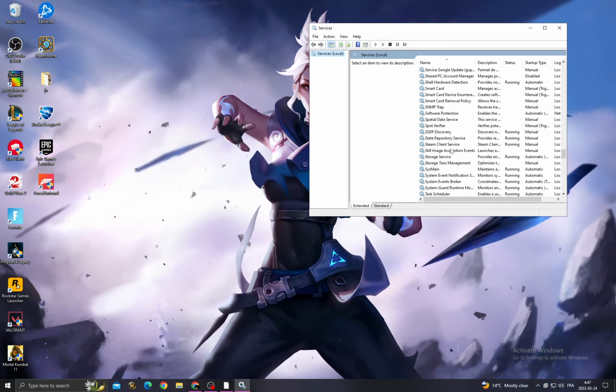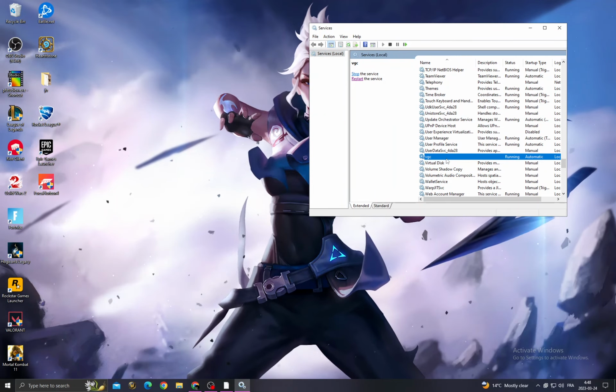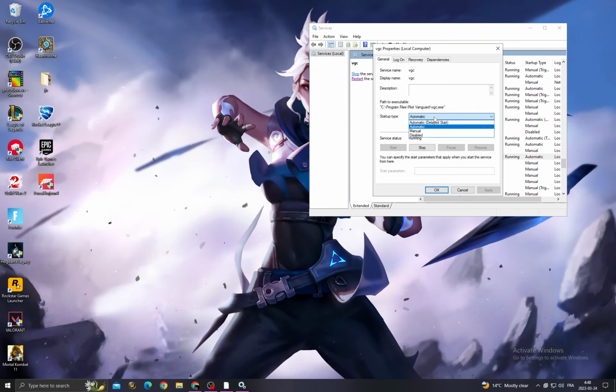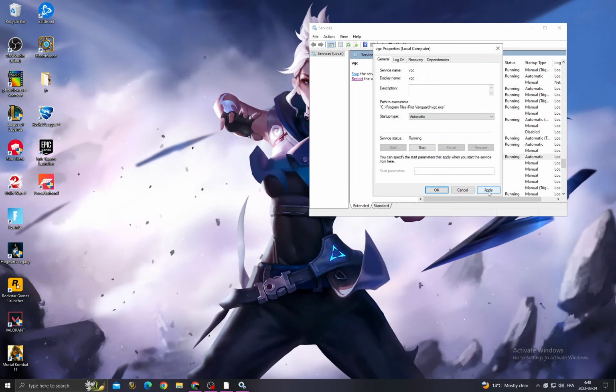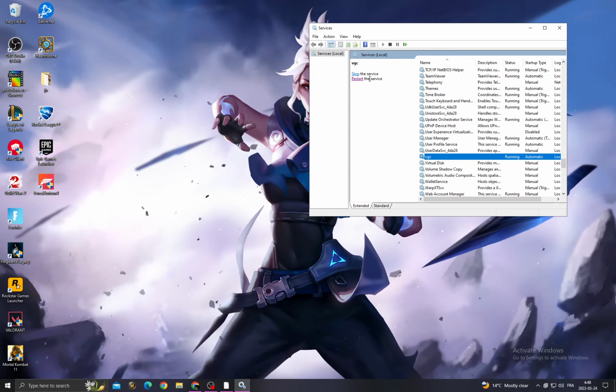scroll down until you find here VGC, right click on it, properties, and then make it automatic, and then apply and OK. After that, click restart or start if you find it,